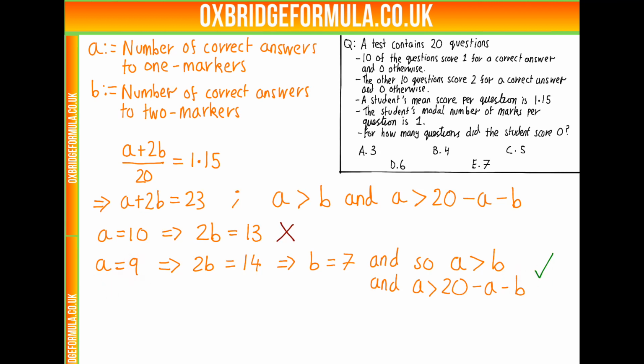So we know A is 9 and B is 7, so we just need to work out 20 minus A minus B for our answer here. 20 minus 9 minus 7 is 4, that matches option B, and so our answer is